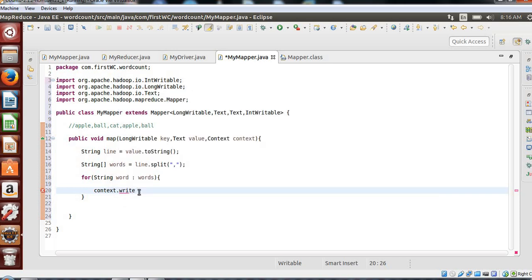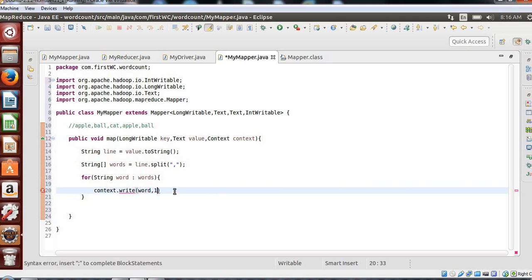In the write, I'll pass my key as a text type. This loop will run for each word, and in the word variable the value will be assigned. So the first time the loop runs, the word will be apple. So I'll say word, comma, and then my plan is to pass 1.